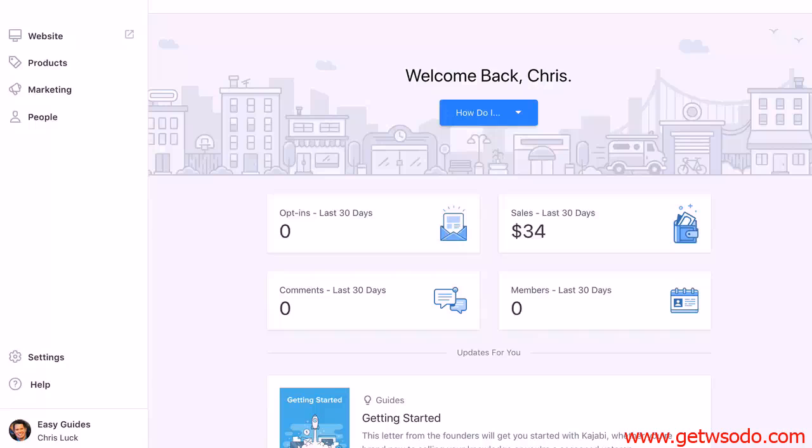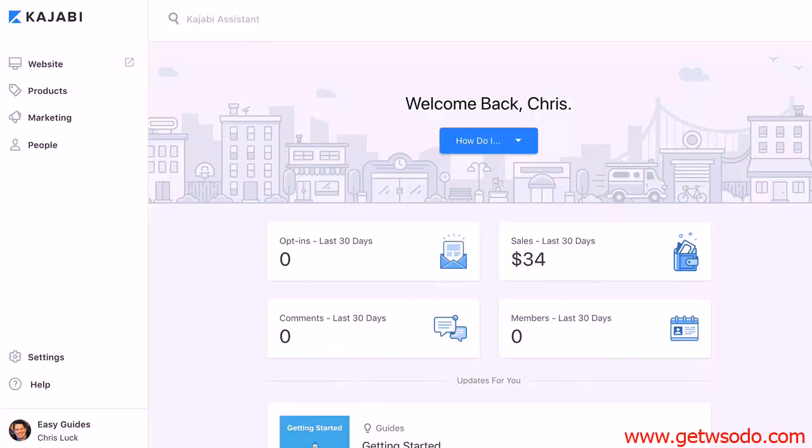So now let's go ahead and imagine that you've created your Kajabi account and you're ready to dive into building your site. I am now logged into one of the Kajabi sites that I have set up, which is Easy Guides. Now, easyguides.com is already somewhat built out in terms of the structure. The reason that I built it out ahead of time before this masterclass is because I wanted to have a template to give you that is literally the same template I'm using for Easy Guides,